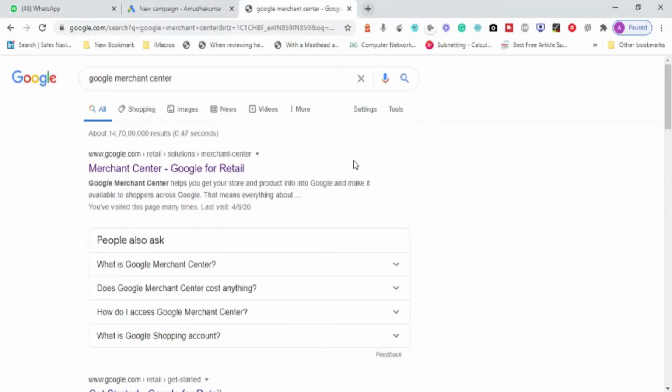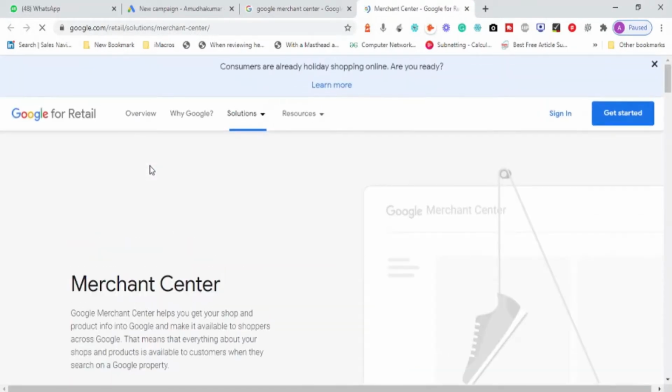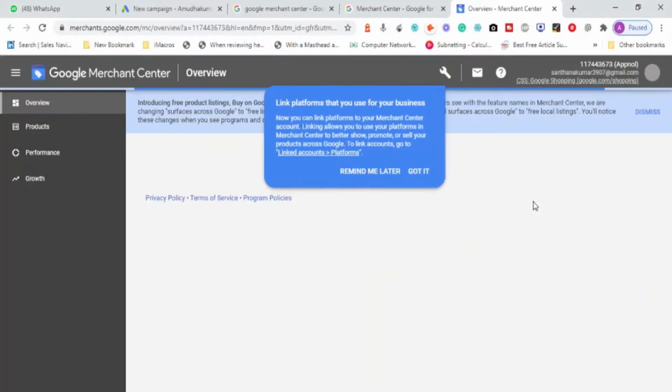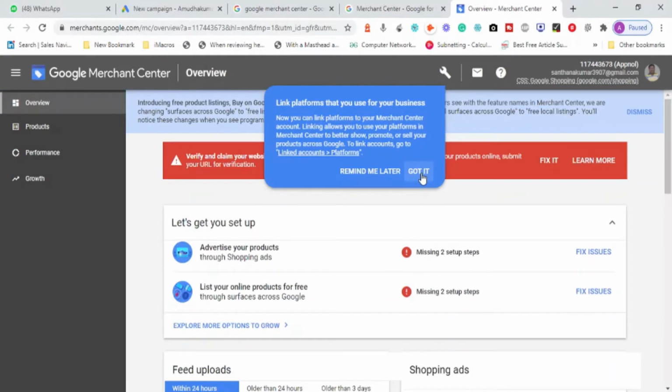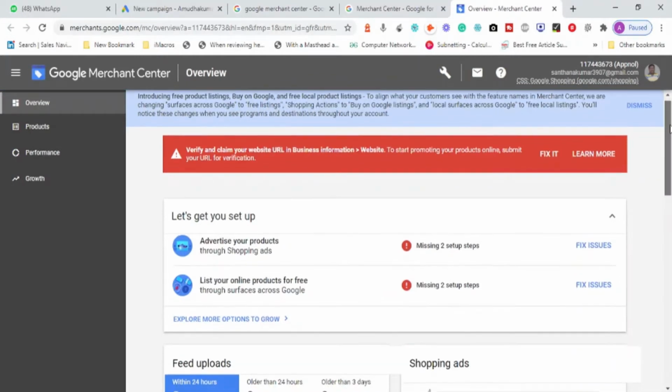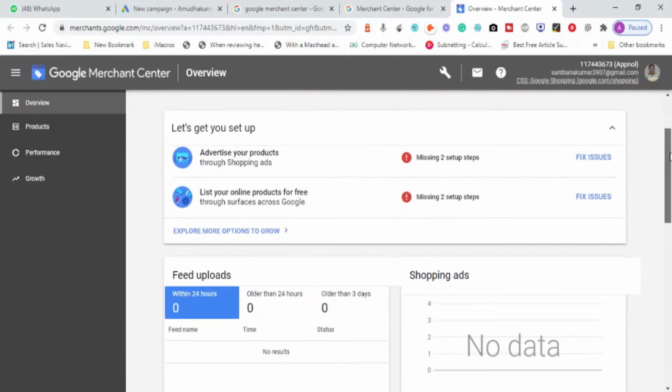Once you create an account with the Google merchant center, you have to link your Google merchant center account with Google's advertisement. Sign into Google merchant center. So like this, you need to go to Google merchant center, create an account and add your link to this one. Most probably I'll be talking about linking your Google merchant center account, creating this one separately. Just now I'm trying to give you an idea.